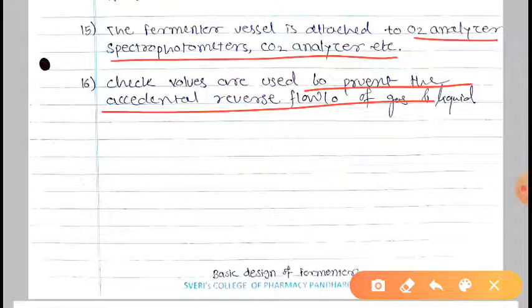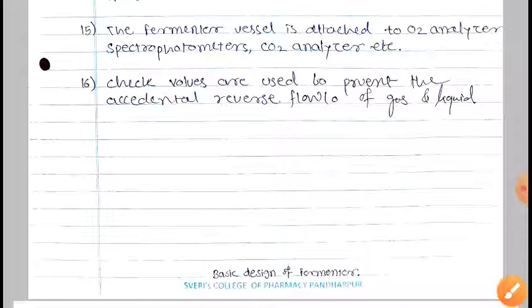The check valve is like what we have for motors in the house, where the reverse valve is there. So if our tank is filled, then after that water doesn't come back through that way. That kind of check valve is also placed in the fermenter, which avoids the reverse flow of the material. So these are the important various physical units or sensors which are used for the process of fermentation.